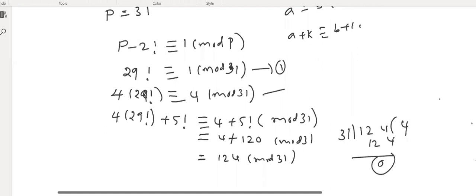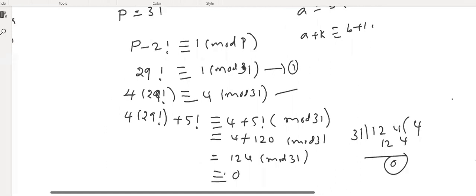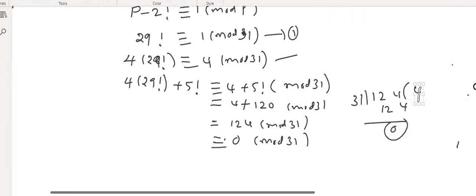So what happens? This is exactly 0, which is congruent to 0 modulo 31. When 4 times 29 factorial plus 5 factorial is divided by 31, we get the remainder 0. Such types of problems appear in competitive examinations based on this. So okay, then